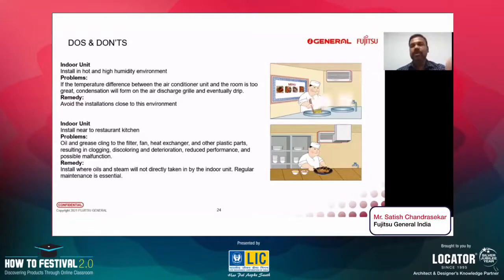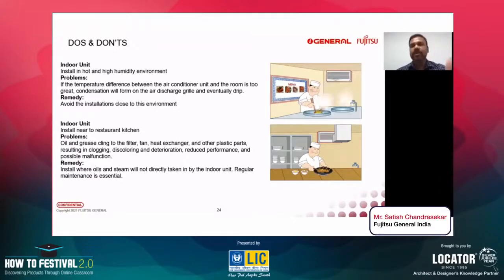The problem is that if the temperature difference between the air conditioner unit and the room is too great, condensation or water droplets will form on the air conditioner discharge grill, and the water will start dripping. So we don't want this to happen. Normally, if this happens, they'll blame it on the air conditioner, whereas the issue here is something else. So avoid installations that are close to hot and humid environments,